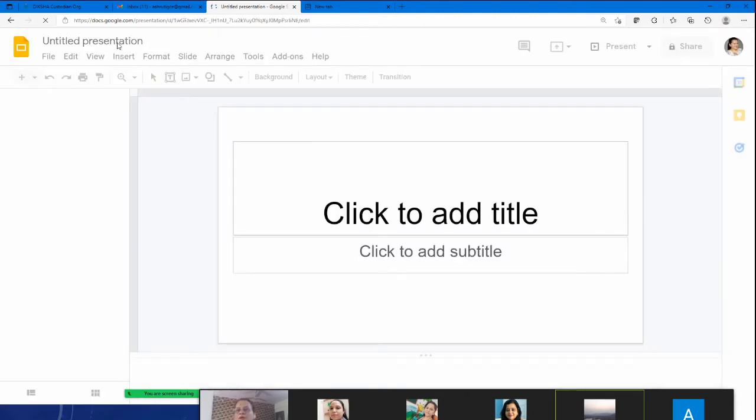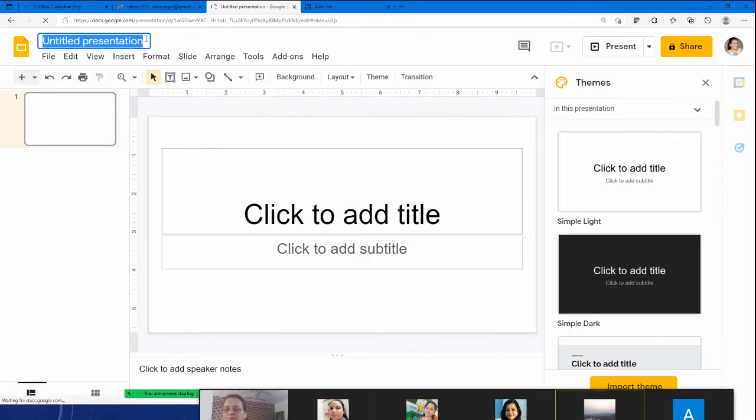Okay, let's give it a name. Okay. I hope आप सबको Google Slides use करना आता है.